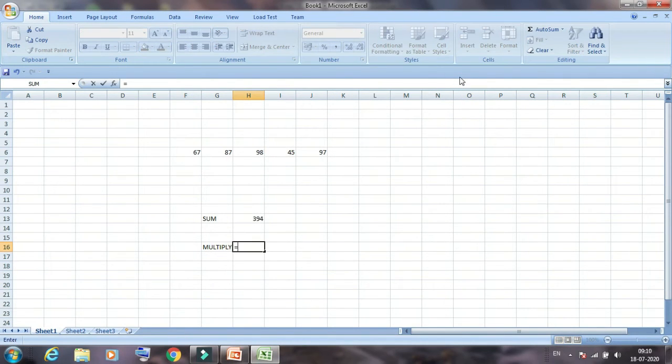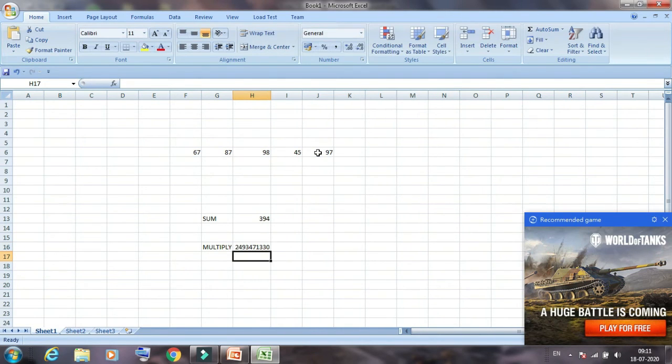First we write the equal sign, then product, then bracket, then the starting cell address F6, then colon, then the last cell address J6, then press enter. This value is the multiplication of these values.